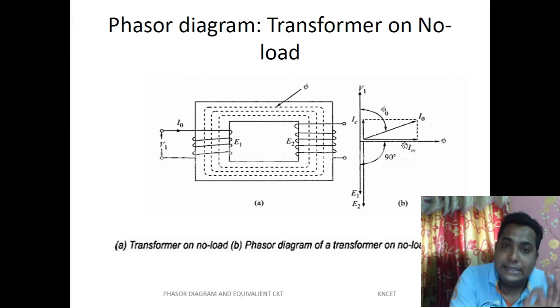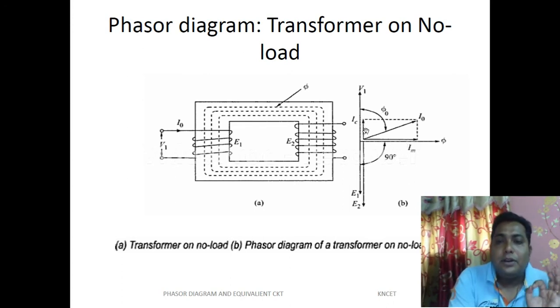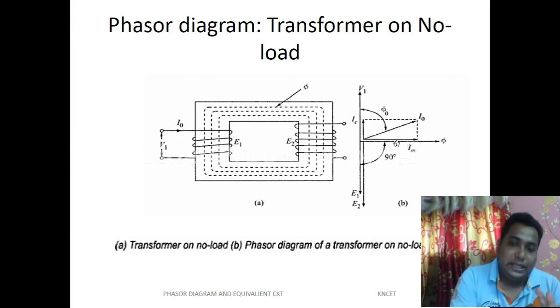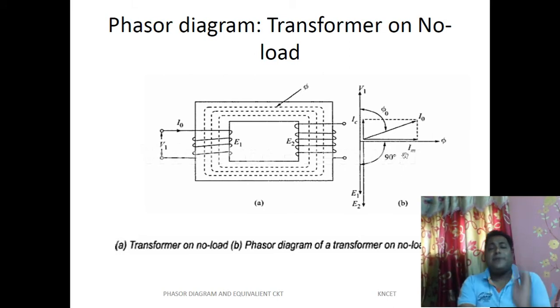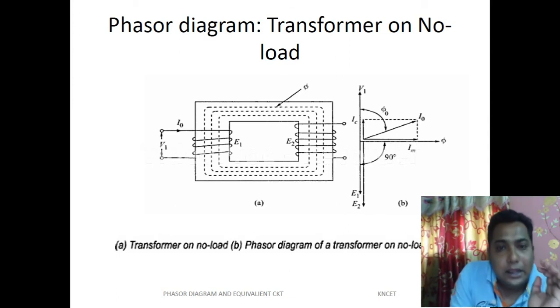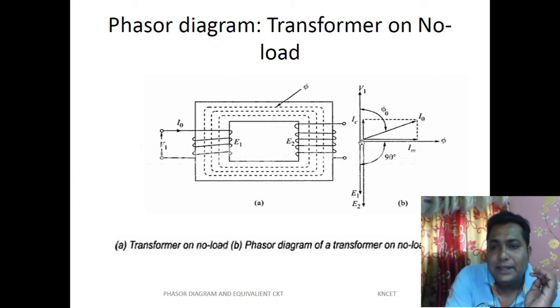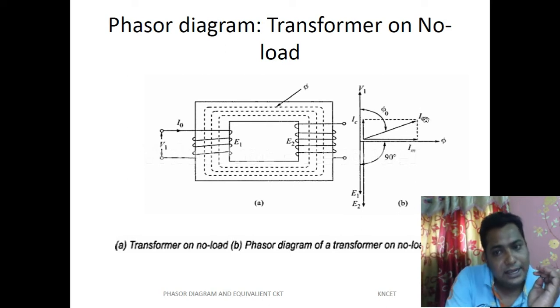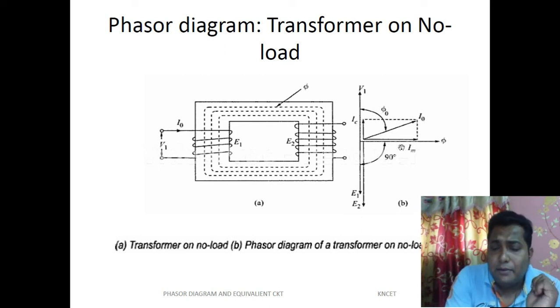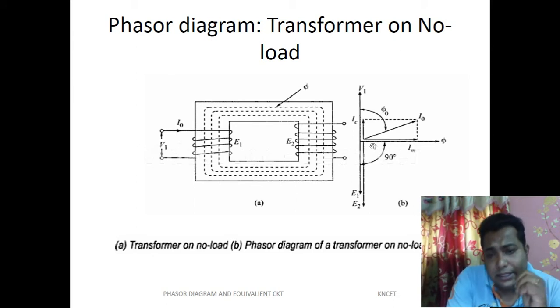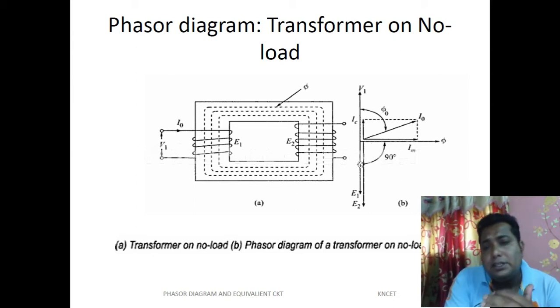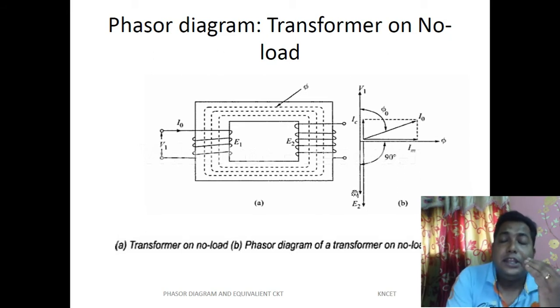Im is the magnetizing current, drawn 90 degrees lagging behind the voltage. Okay, clear? And what is the total current? The total current is the vector summation of this resistive current and inductive current. That's why, see what we have drawn, there is a vector summation between this IC and Im. So we have drawn this vector summation, that is I naught. Clear? And from this magnetizing current, there is a 90-degree shift. Due to the 90-degree shift, we have drawn this induced EMF.